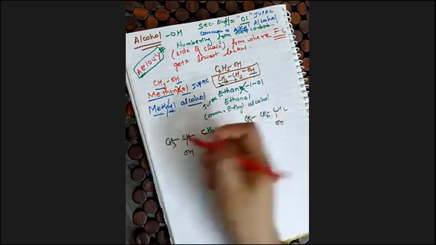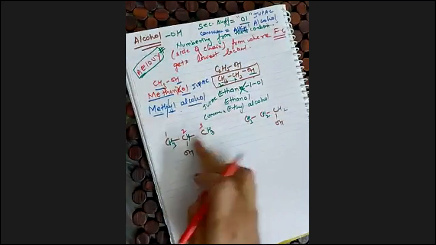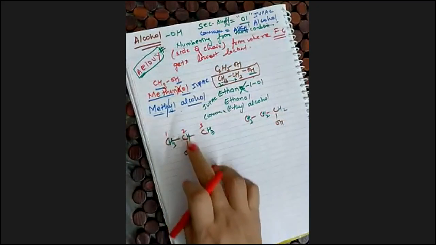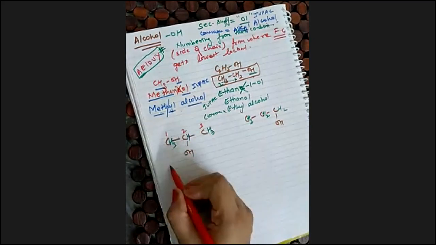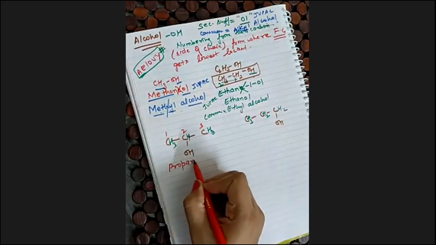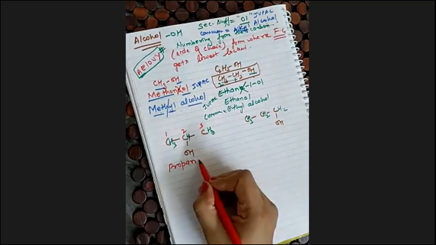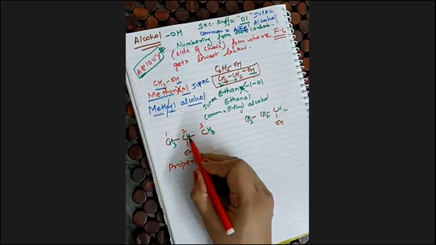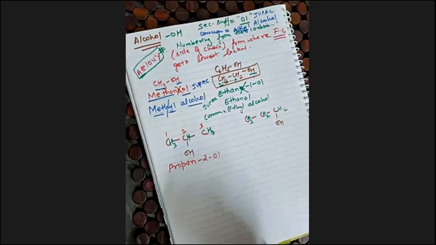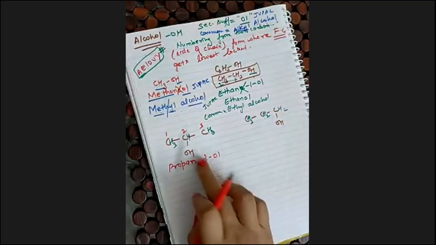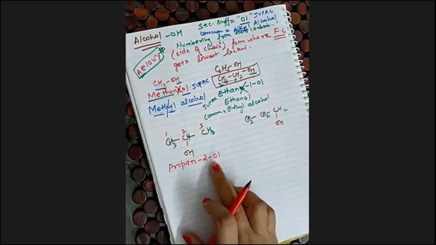So you can write it in sequence. You can write from here or also here. Your OH group will be on the second position. So this will be 1, 2, 3, propane. We will not write E after it. On which carbon do we have alcohol? 2-ol, because on the second carbon we have our alcohol group attached. So this will be propan-2-ol.